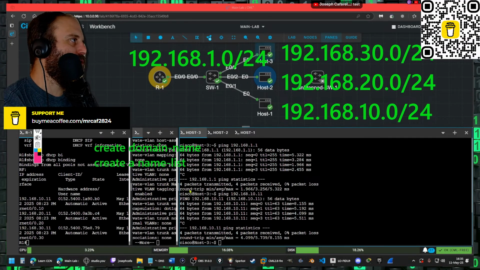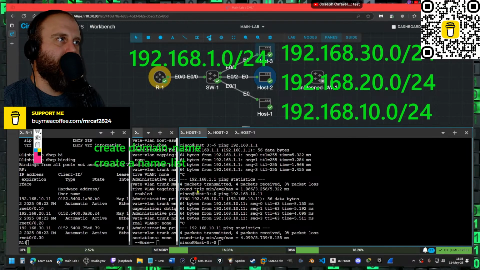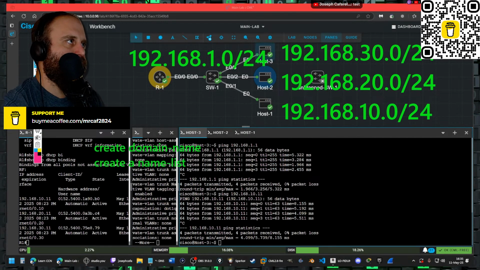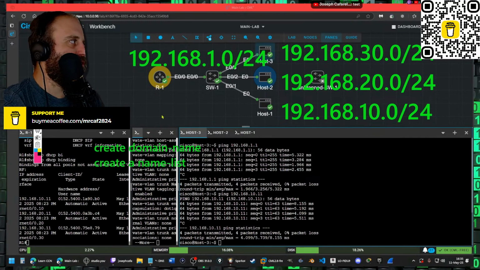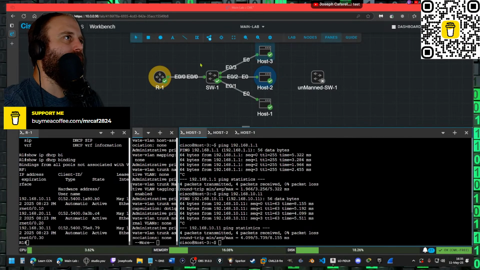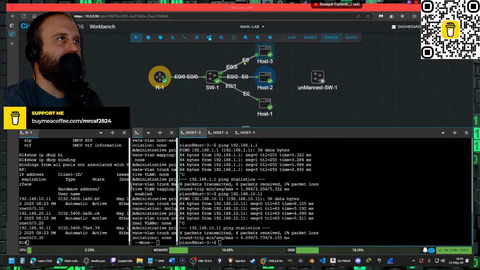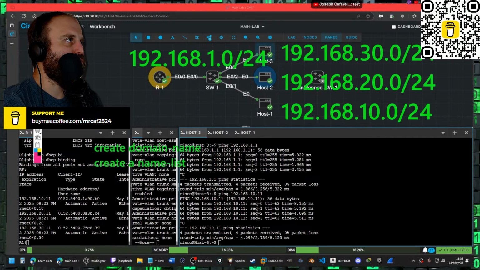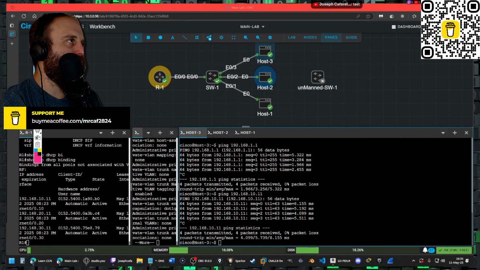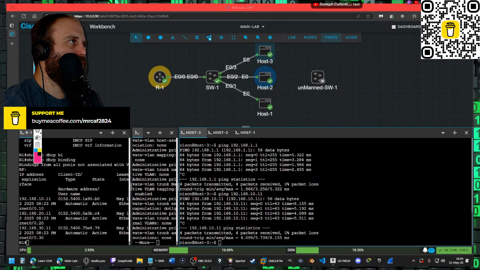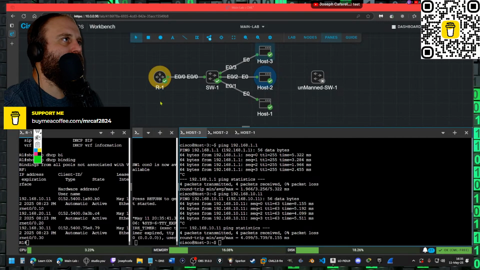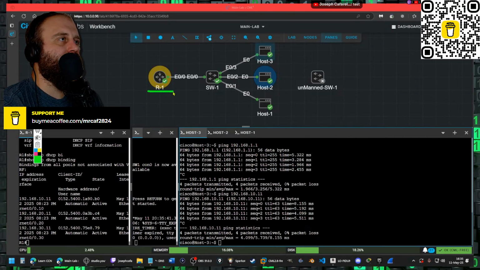Anybody have any questions on any of that? And again, this is pretty much a router on a stick topology here. Let me clean this up and erase some of this. All right, so we have our router,